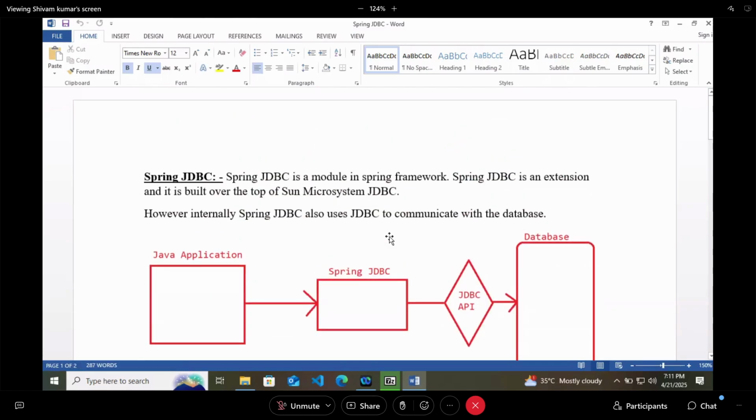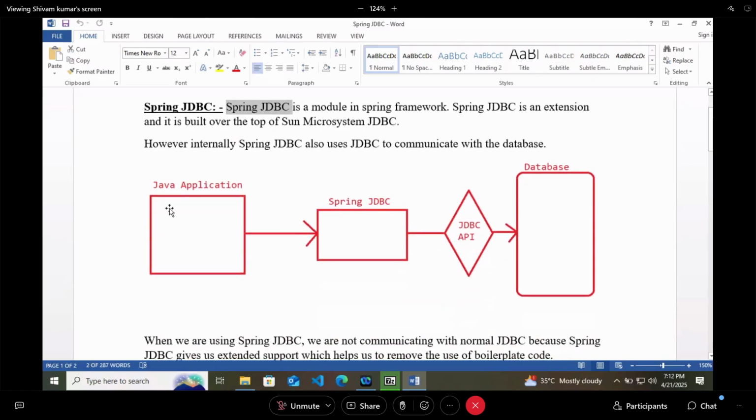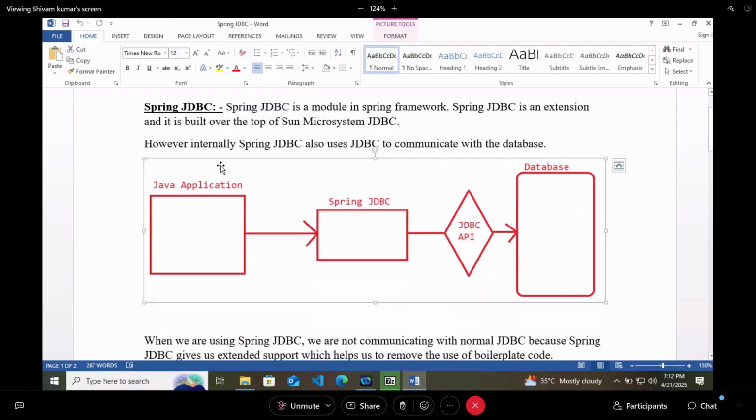So, this is what we discussed in the last session where we were discussing Spring JDBC. We have seen that a Java application can make contact with a database by interacting with Spring JDBC.